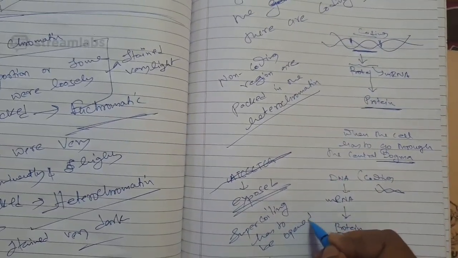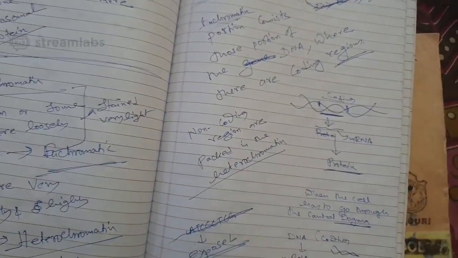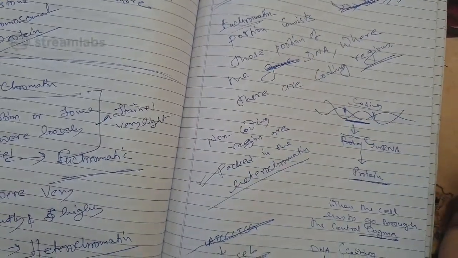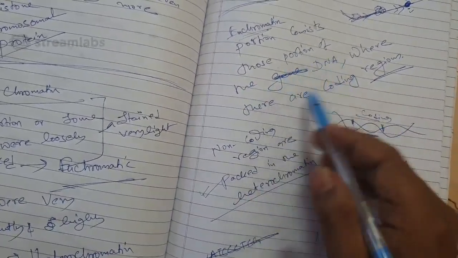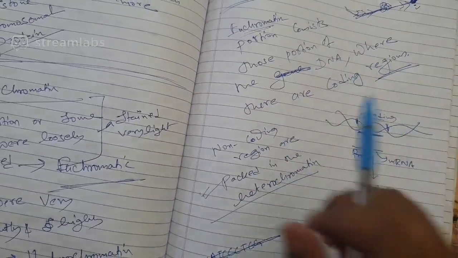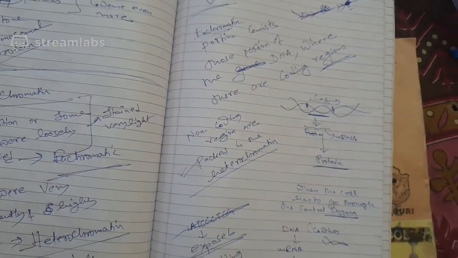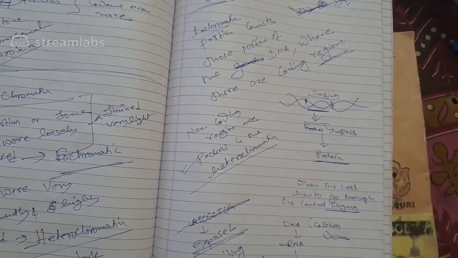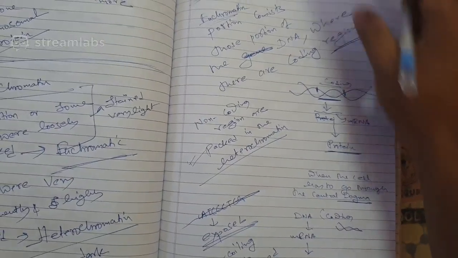So I hope you can understand that it won't be so fruitful to keep the coding region in the heterochromatin. That's why in euchromatin there is less coiling, so that it is opened up on and on. I hope that you have understood this. Now remember